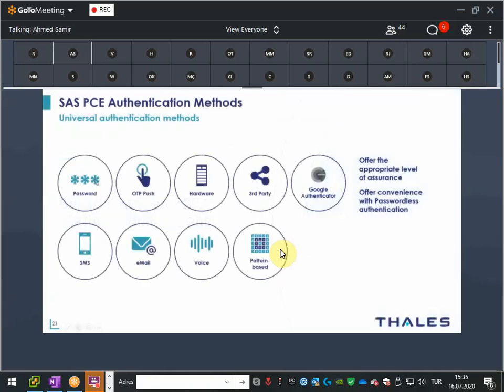For the tokens, we support different methods. If the user doesn't have an OTP method yet, he can use a static password, either assigned by the SaaS, or he can use the domain password. We support OTP push through the mobile application. We support hardware tokens, third-party hardware tokens, Google Authenticator, and SMS. As a backup for the SMS, you can get